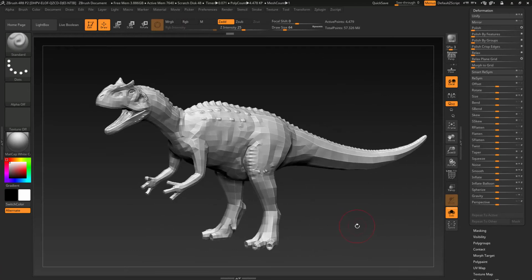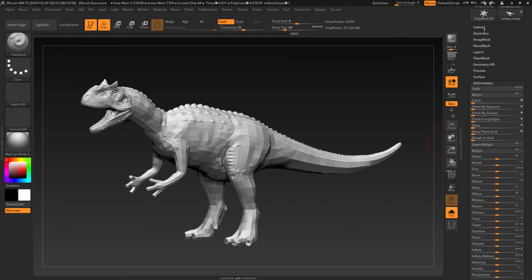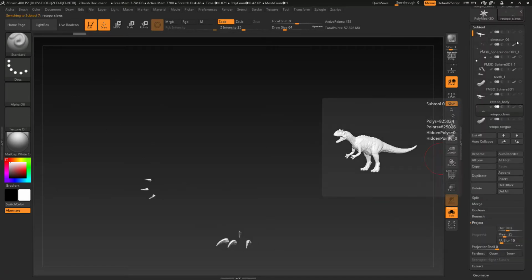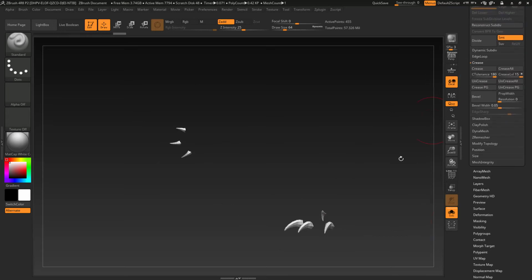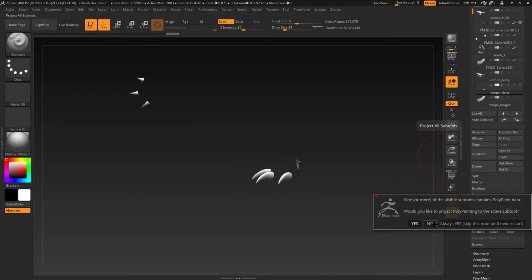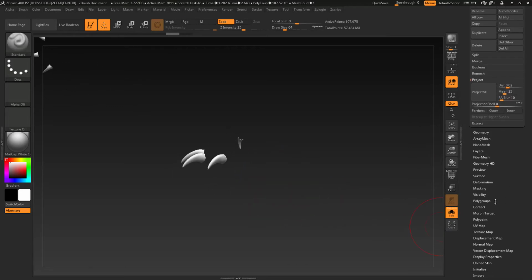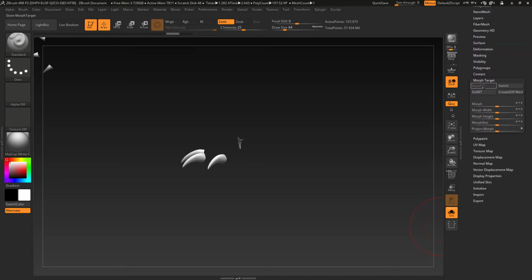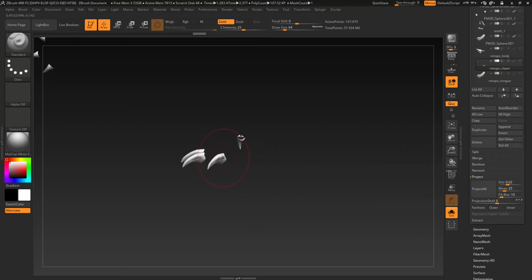And I'm gonna do now the same for the claws. So the claws, since they're not closed on the back, I'm gonna have to go and modify. I'm gonna use my move brush, and you're gonna see that in a second, to correct. Basically, when I do the projection on the back, I got some artifacts, some weird projection going on there. So in order to fix that,